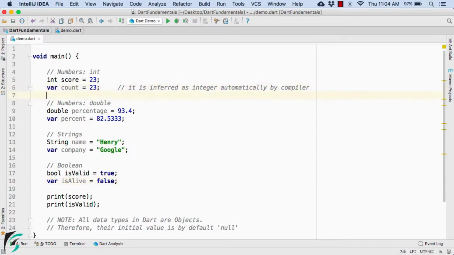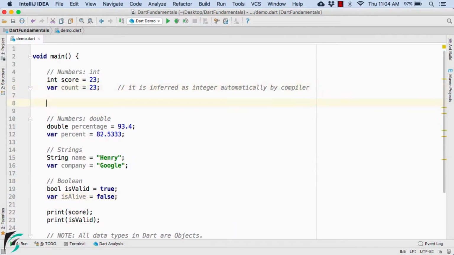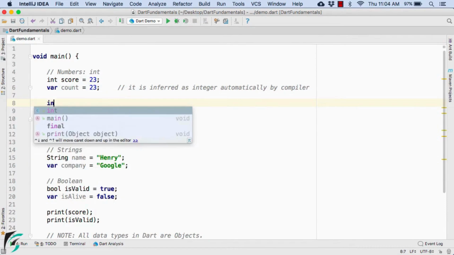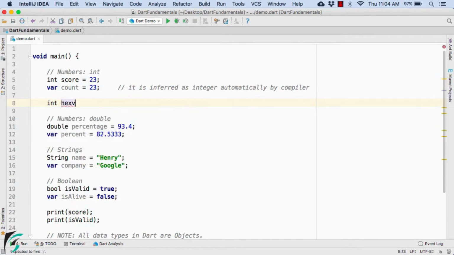For example, in case of integer, you can also use the hex value, such as int hex value, and on the right you can basically assign the hex value, such as 0x, and then assign your ARGB value. Let us write something random, such as EADEBAEE.